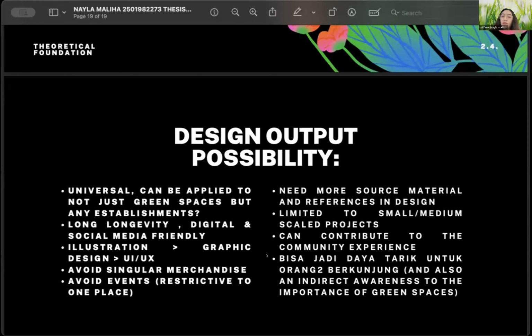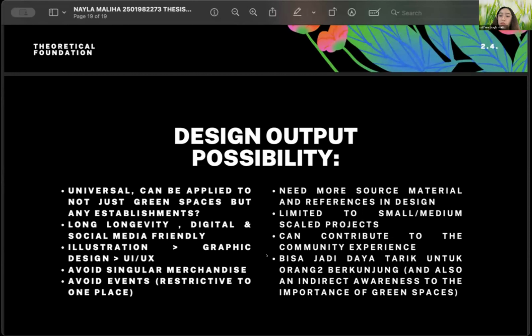So the list would be illustration, graphic design, then UI UX. Although I have no problems if the solution turns out to be UI UX, I would like to highlight the illustrations part. And I'm trying to avoid something singular, like events or exhibitions, because I think that would be restrictive to only one place. And of course, I would still need more references and source materials to find